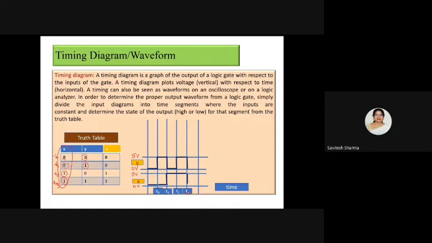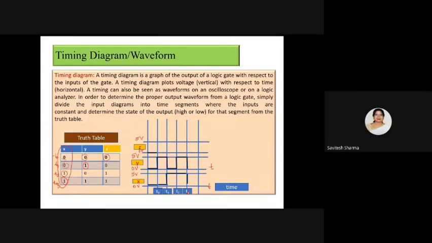So this is Y. Okay. So I think everyone is understanding how I am drawing a timing diagram for the X and Y. Now I will draw the information of Z. Again I will take a 0 level and 5 volt. And I will see what is the information given in the truth table.